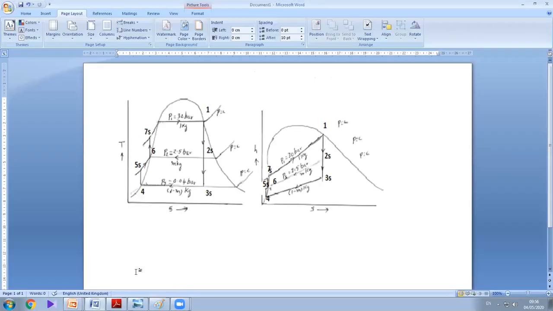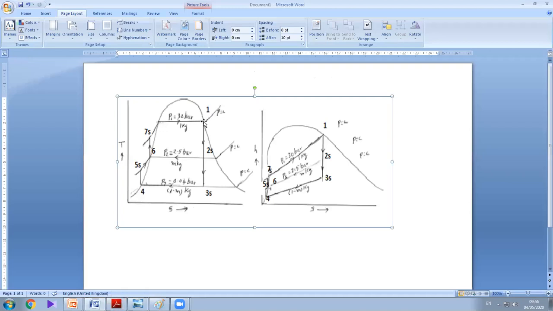Okay, now again I will go back to the diagram. Here now we have found out the enthalpy. For us the enthalpy is important. H1, H2 and H3 we have found out. Next I need to find H4. What is the value of H4 here? H4 is nothing but HF at 0.04 bar, isn't it? Because the pressure line following at this is 0.04 bar and it is on the saturated liquid line.